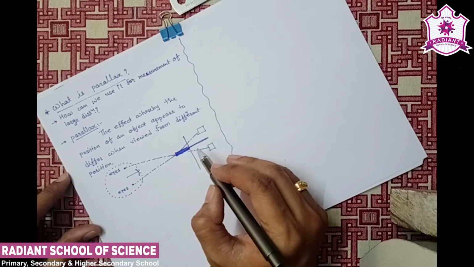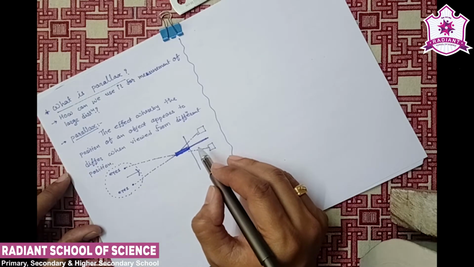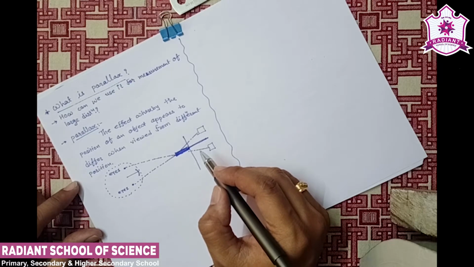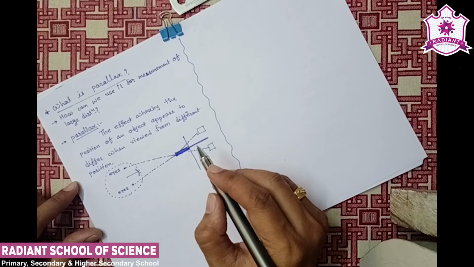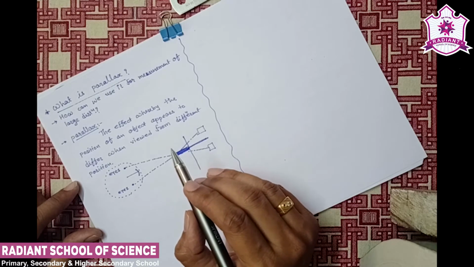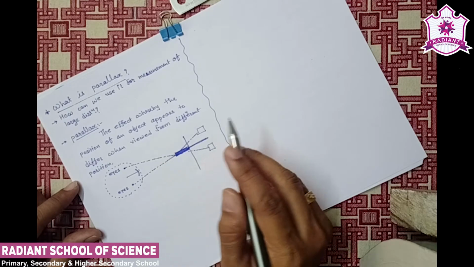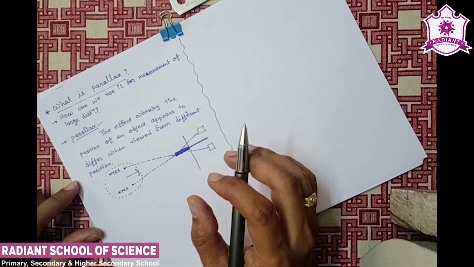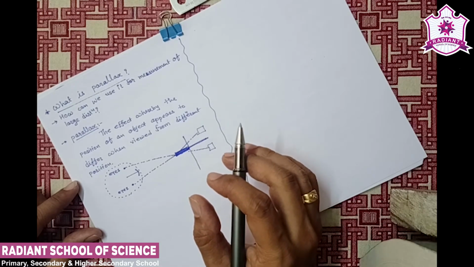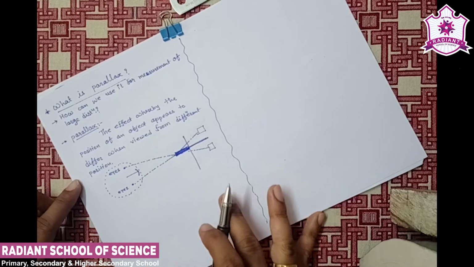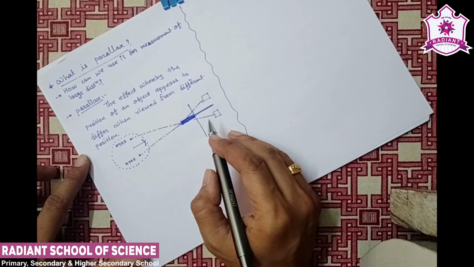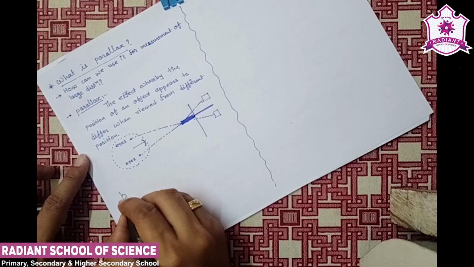So we can use this method to measure a large distance like planet to earth, or from a particular distance we can measure the distance between two stars. We can find out the dimension, that means the diameter of a given planet, with the help of this method. In this method we also view one thing that is called basis.